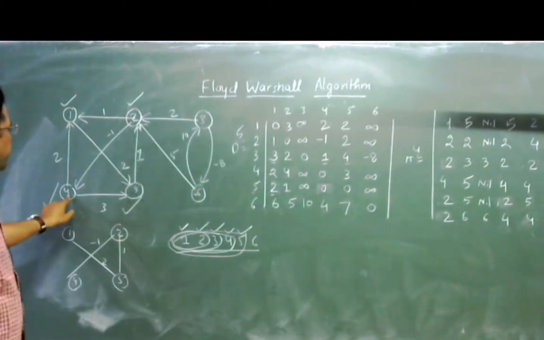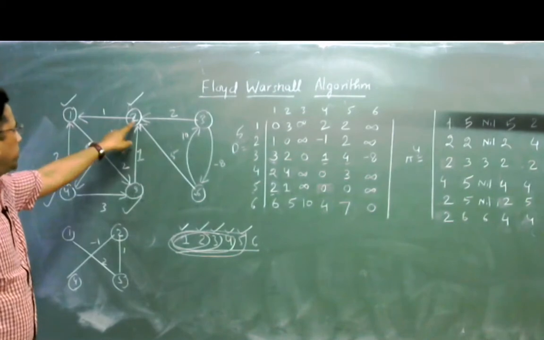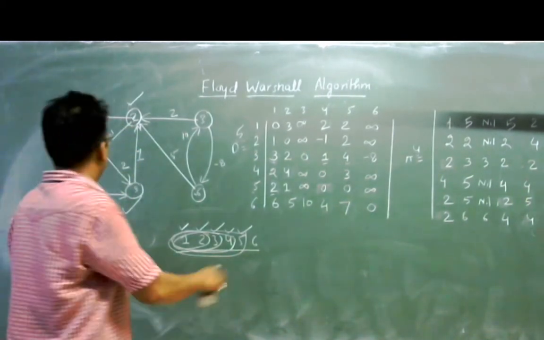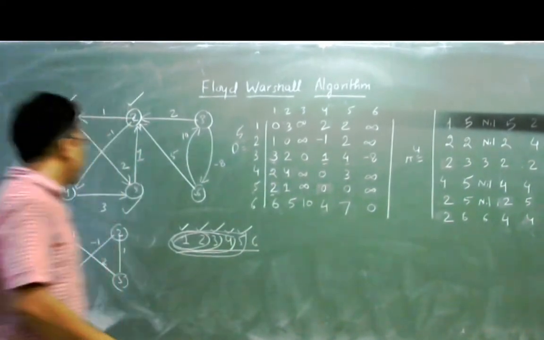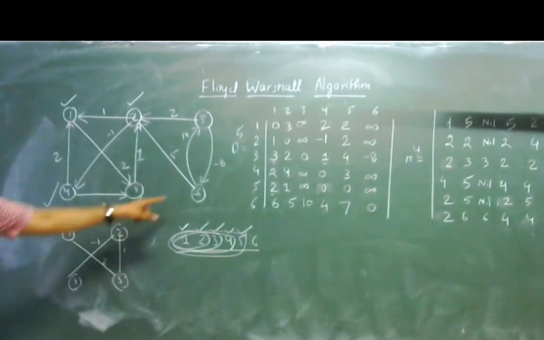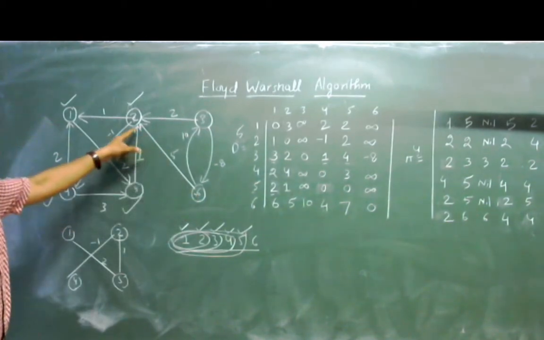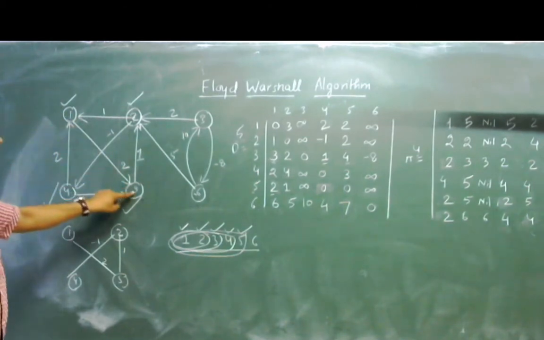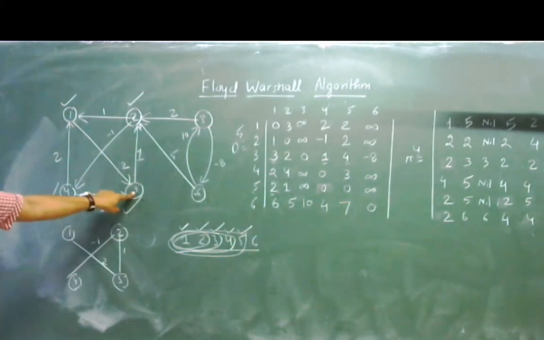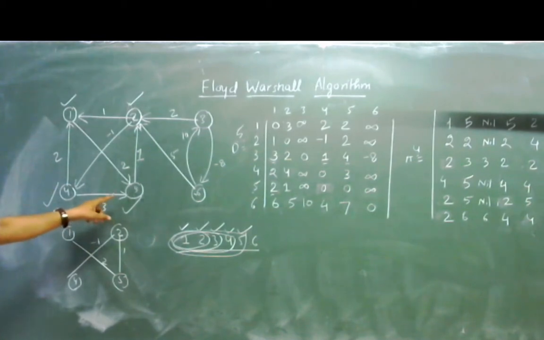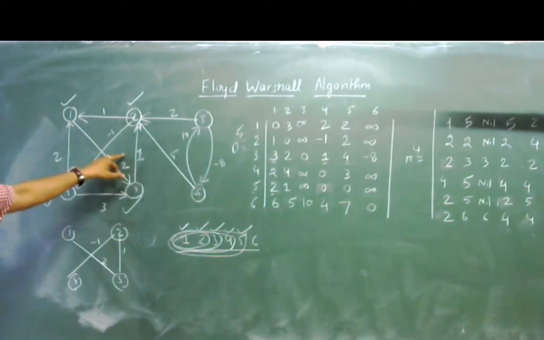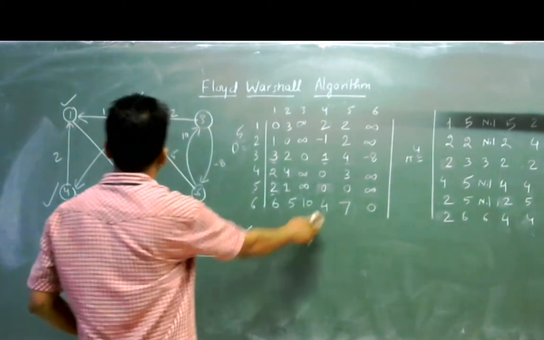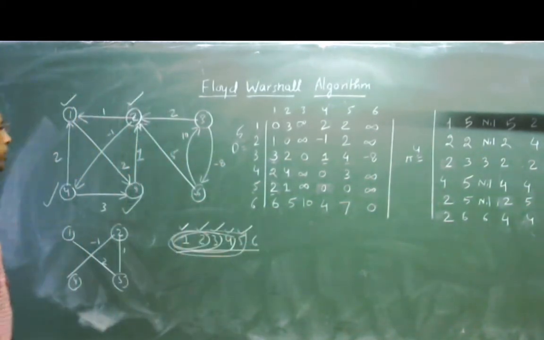4 will not get any advantage because the 4 to 3 distance is 3 plus 1, 4. 4 to 2 we have already updated. Okay, so we have updated these. Node number 6: 5, 1, 6 plus 2, 7. This is already 7. Okay, and 7 plus 1, 8. Distance of 6 to 2 is equal to 5. 6 to 3 distance is equal to 10. So there is no update.